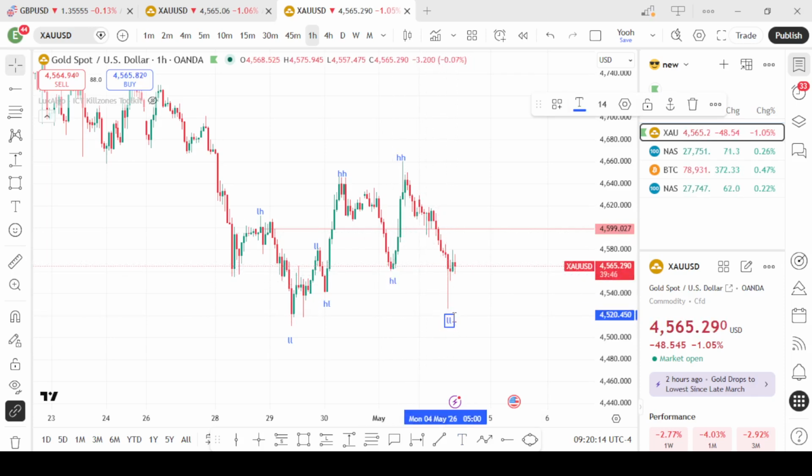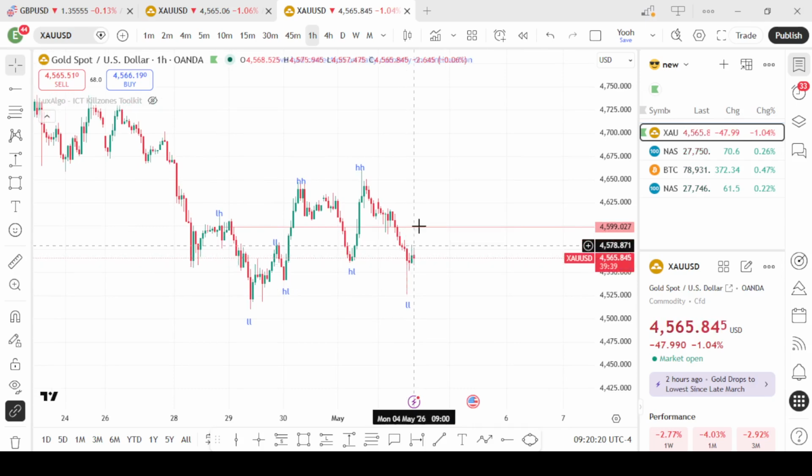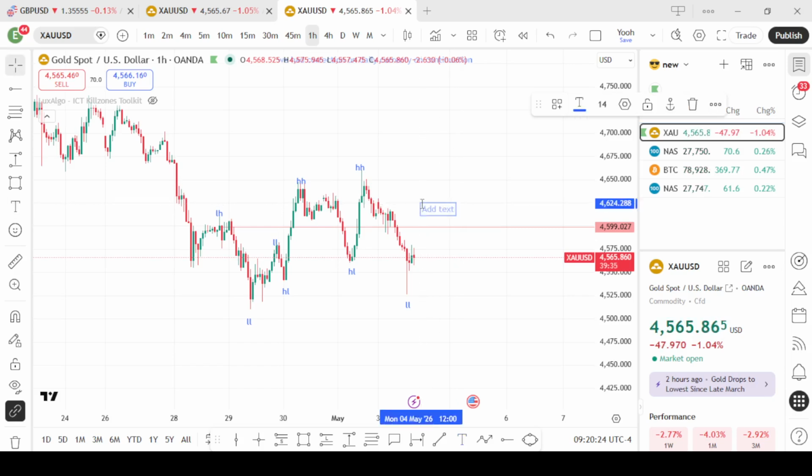So if we are making lower low, how do we know that we are currently resuming the trend? We need to make a lower high. A lower high has to be made, and then we resume the trend. Okay,